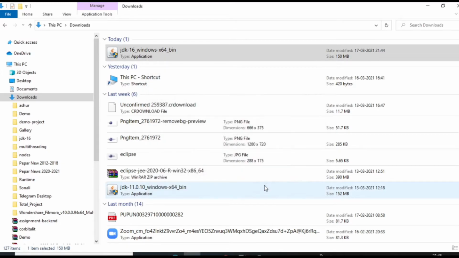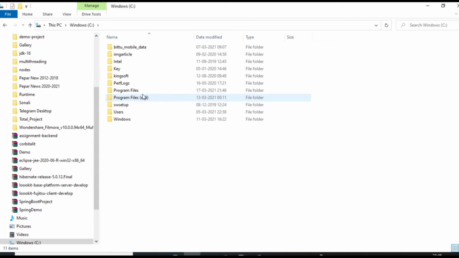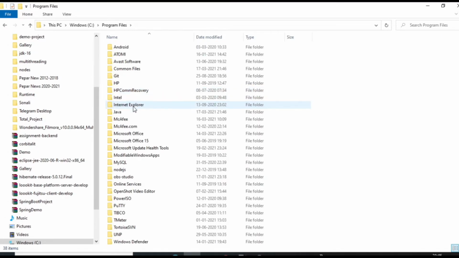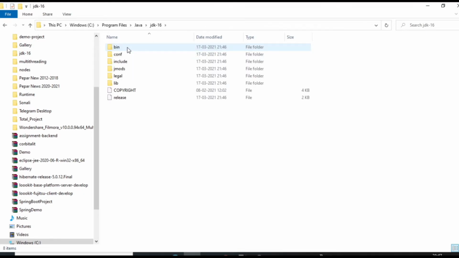Close this. Now we will go to C drive, program files. In program files, you can see after installation a Java folder has been created. So I will click this. Here is the JDK 16 installed. Just click this.